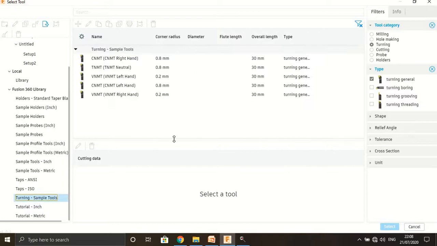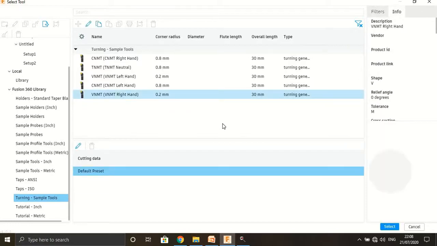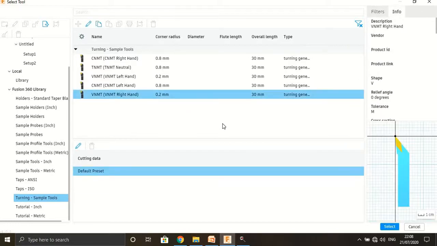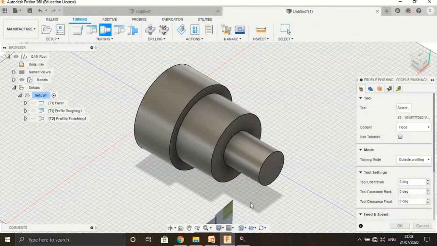Turning sample tools, we can select VNMT, that is a 0.2 mm cutting, and turning generation 30 mm. Select the tool, then select the option specification, then press OK.